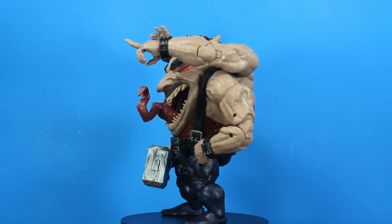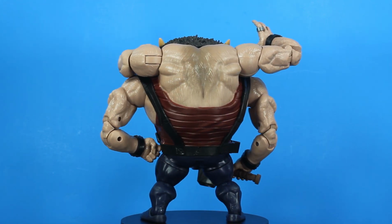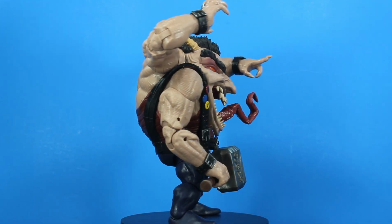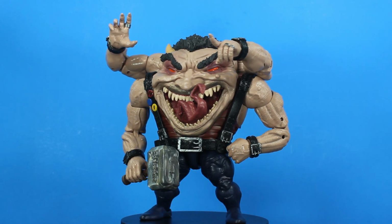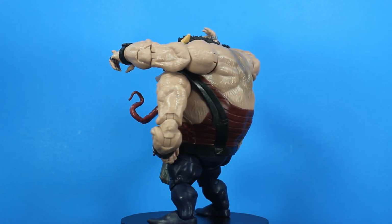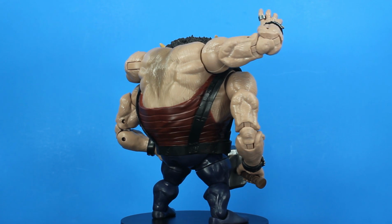I gotta give credit where credit is due, even if I don't like the character. If it's good, it's good, and this guy looks epically gruesome. I still can't believe how this big meatball-headed scrotum was able to fit across the packaging in the AOA wave. Yes, the articulation is limited in some areas, but they played to the character's aesthetic here, which resulted in top-tier sculpting. All four arms are huge,